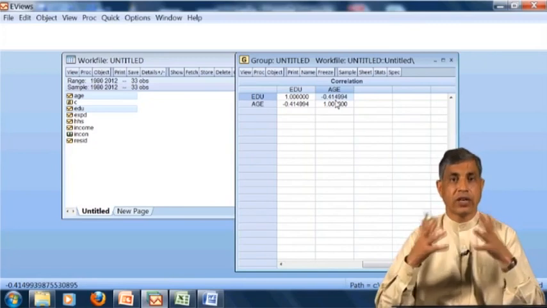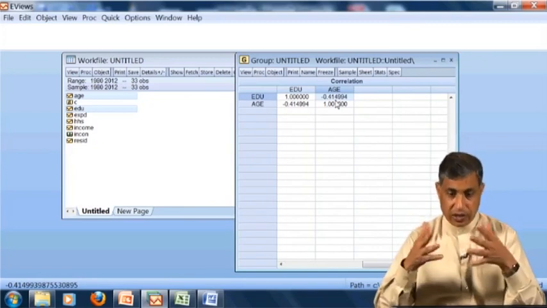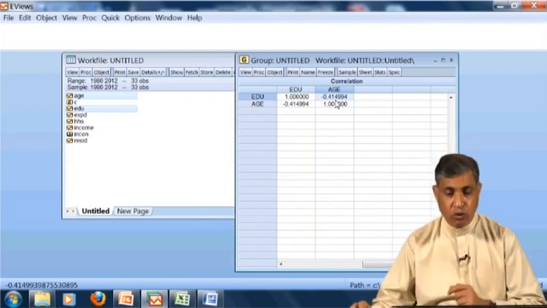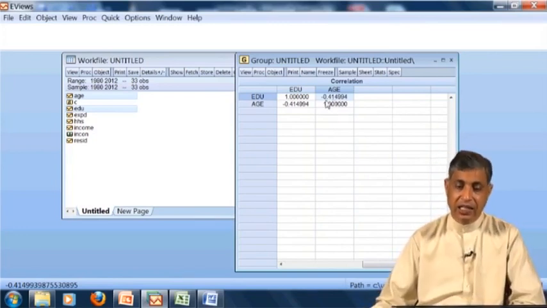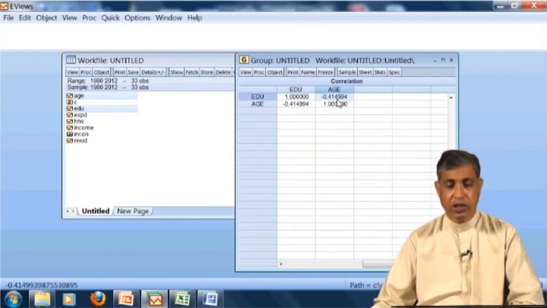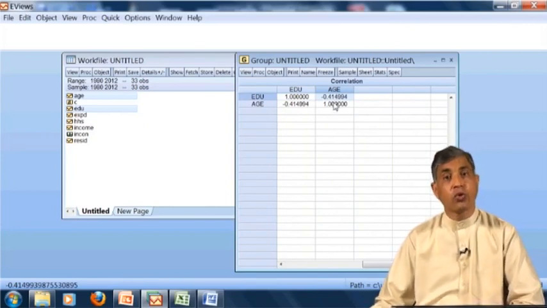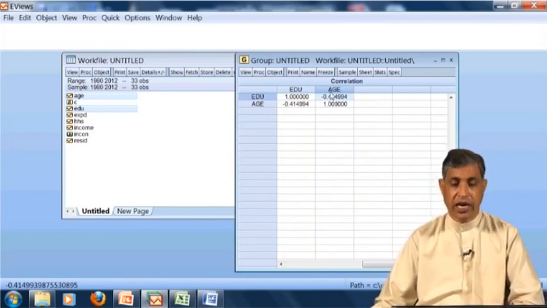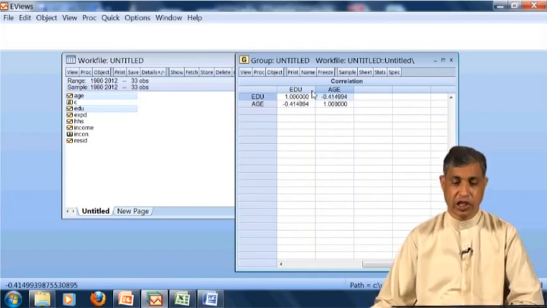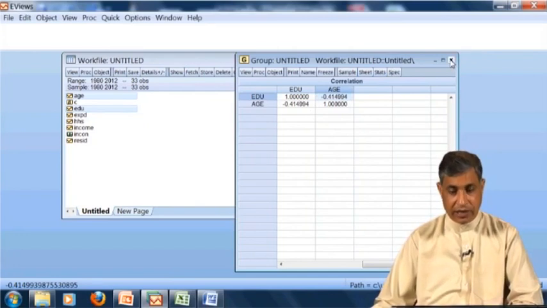Leave aside the theory of what is this nonsense, or whether it makes sense. This is minus 0.14. Now you have to remember this, I would like to copy it there, and I think you will remember that it is 0.14, the correlation between education and the age. Go to the education line, see at the column of age. This is the correlation between this. I am not interested to save this here.